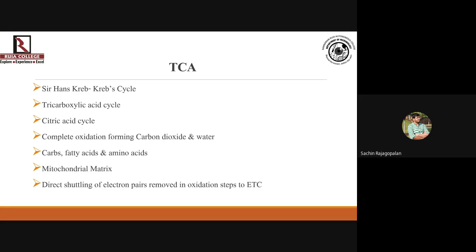Now, this process is a complete oxidation process, which means that you're going to form carbon dioxide and water from this particular process. You're not leaving anything behind. It's not an incomplete oxidation like EMP. EMP को हम incomplete oxidation बोलते हैं because a 6 carbon compound is broken down to the level of a 3 carbon compound. So it's not a complete oxidation. I will refer to something as a complete oxidation when it is broken down completely to the level of carbon dioxide and water.